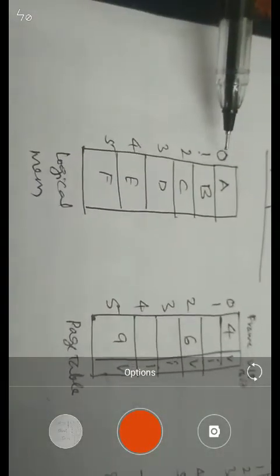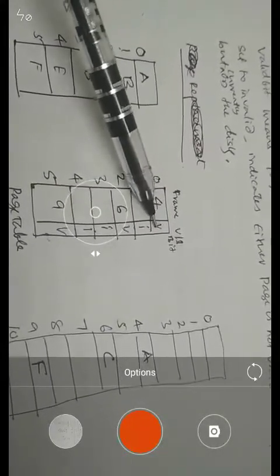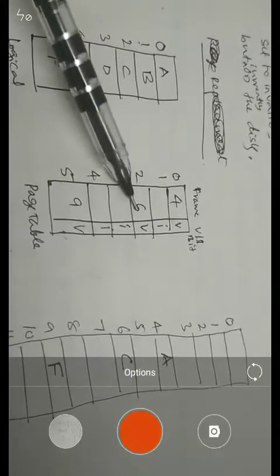See here, this is what we call the logical memory with different page numbers, 0 to 5, and then here the frames. Now the actual physical memory, and correspondingly the page table with the frames. Page 0 is available on frame number 4 because it is valid. Page 1 is invalid because its corresponding content is not available in any of the frames. Page 2 is valid, available in frame number 6. Pages 3 and 4 are invalid, V is valid. Page number 5 is available on frame number 9 in the page table. So this is the reference that is being made.